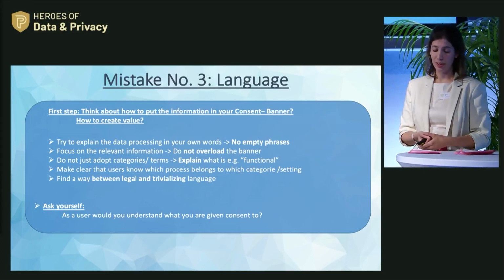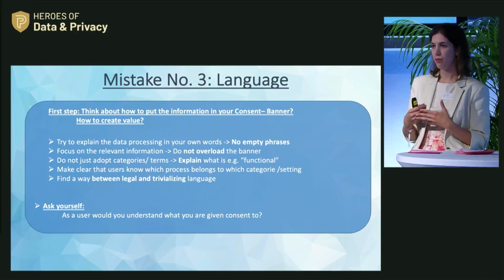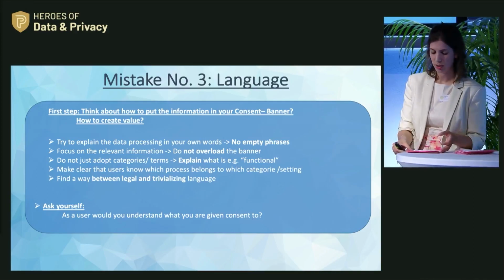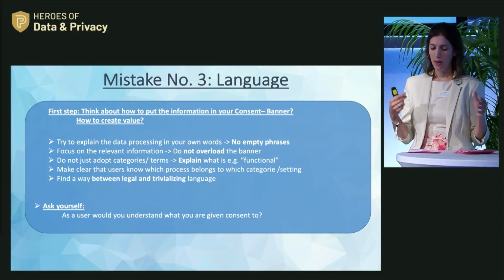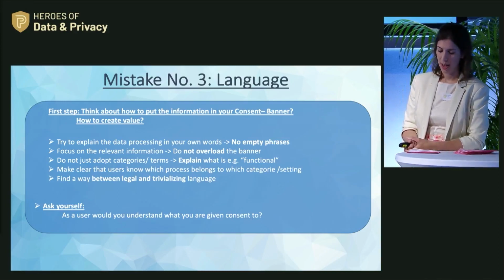So, you have to explain the categories and especially what belongs to which category. Ask yourself, when you finish your consent text, do users understand what they are giving consent to? Do they know what's happening with their personal data? So, if you now know what should be included in the banner, however, the question arises, how do you